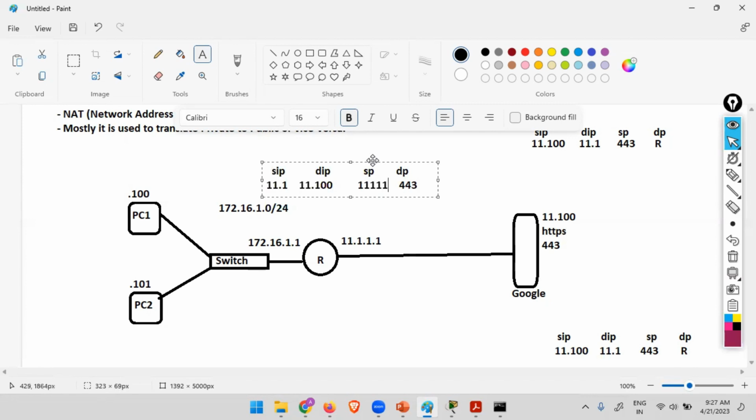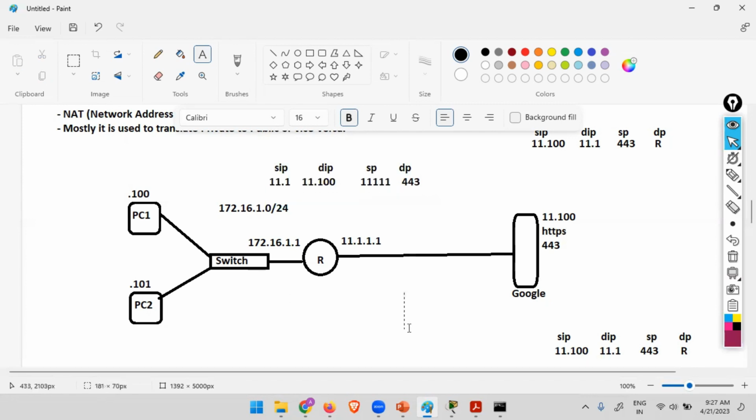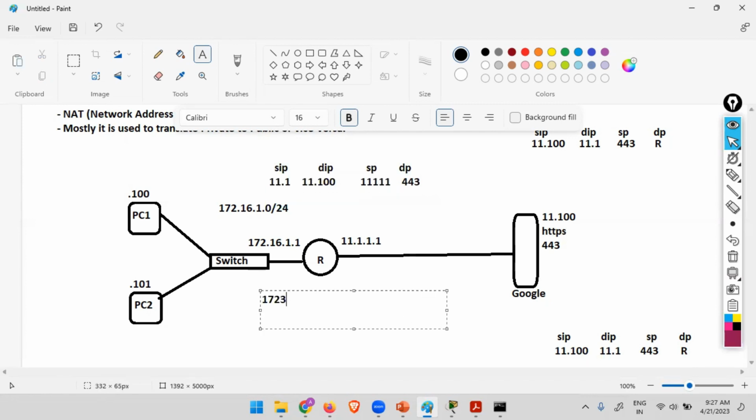Now what will happen when the response will come? Along with this, your router will also make an entry here that when the packet came from 172.100 and using the port number 1234, I translated it to